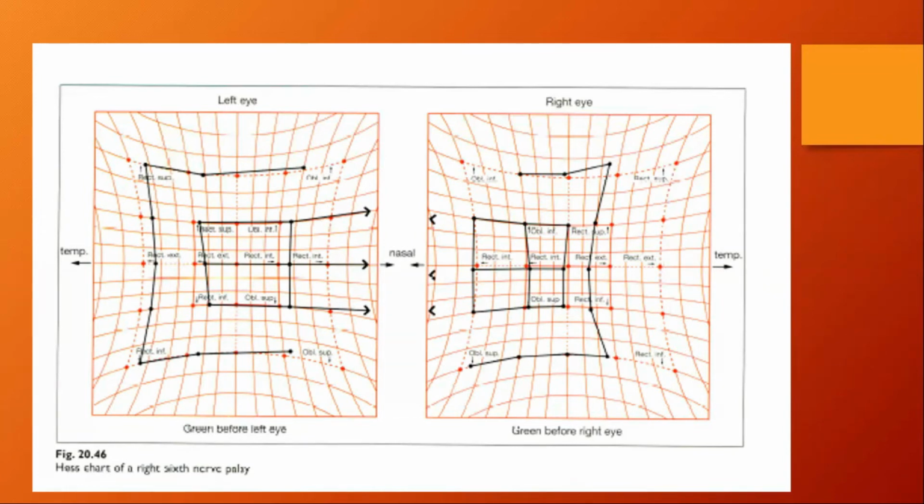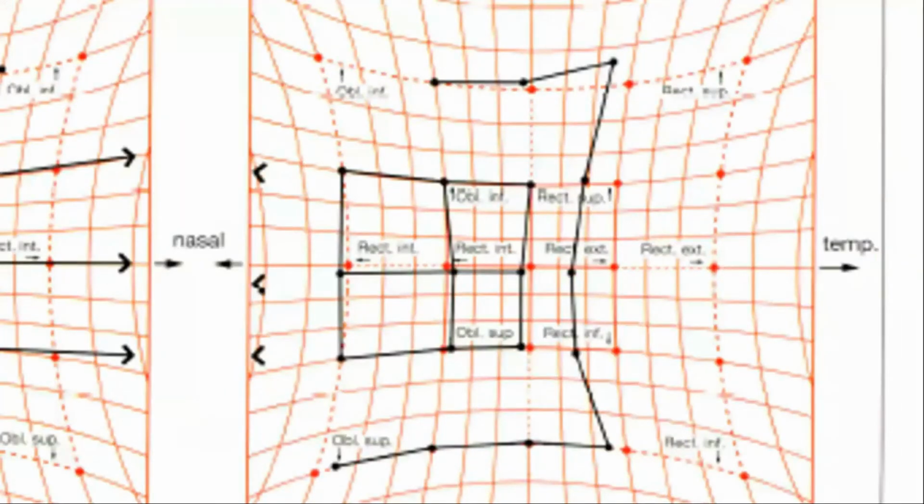And what is the meaning of these arrows here? These are arrowheads. They represent overaction, and as you can see, the overaction is in the area of the medial rectus. As we said before, if we have a lateral rectus palsy in one eye, the antagonist medial rectus undergoes contraction, or we can say overaction. In this chart, it is shown like arrows because it is beyond the margins of the chart. And how about the central point of fixation?